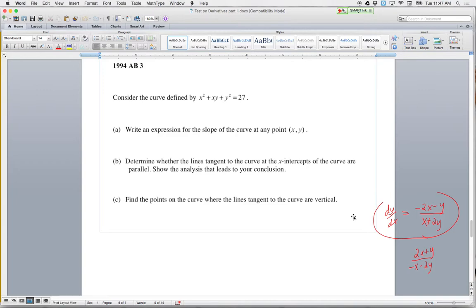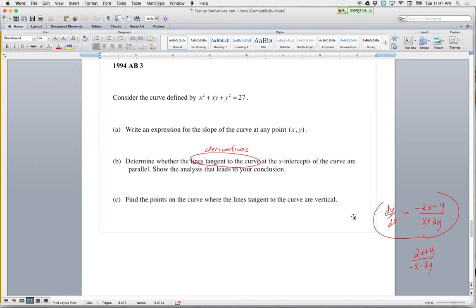All right? Determine. Okay, I want to find something. I want to determine whether the lines tangent to the curve. So now I'm talking about what kind of lines? Tangent lines. What does that imply? Derivatives. So right there, this lets me know I'm going to have to do something with derivatives. You might not write that down, but you might underline tangent and remember that means y prime. Okay, and we have a derivative: dy/dx equals negative 2x minus y over x plus 2y. At the x-intercepts, I want to determine whether the derivatives at the x-intercepts